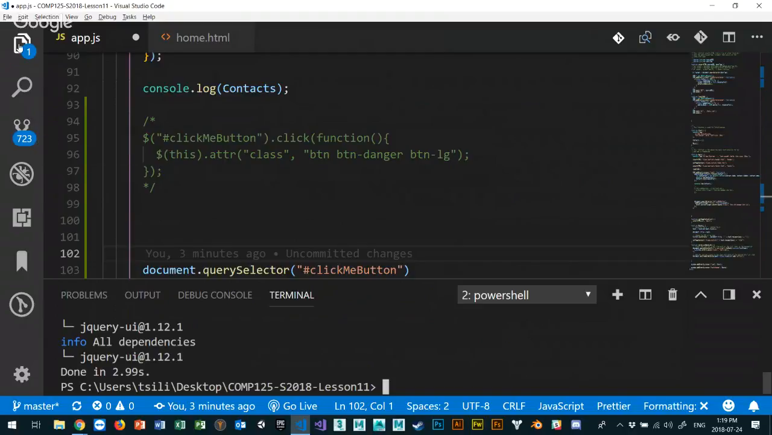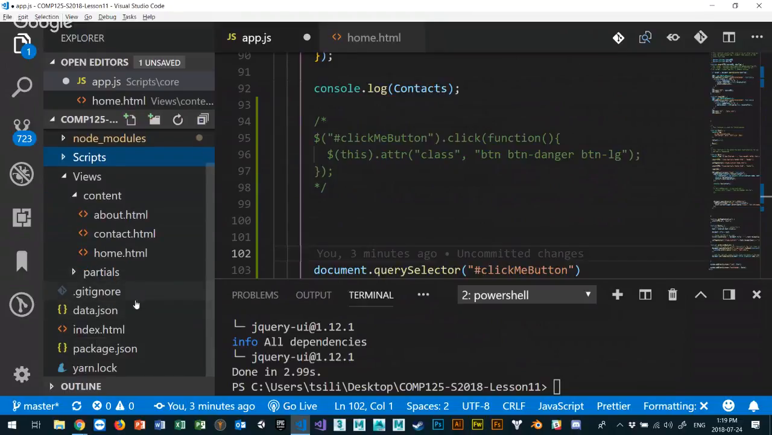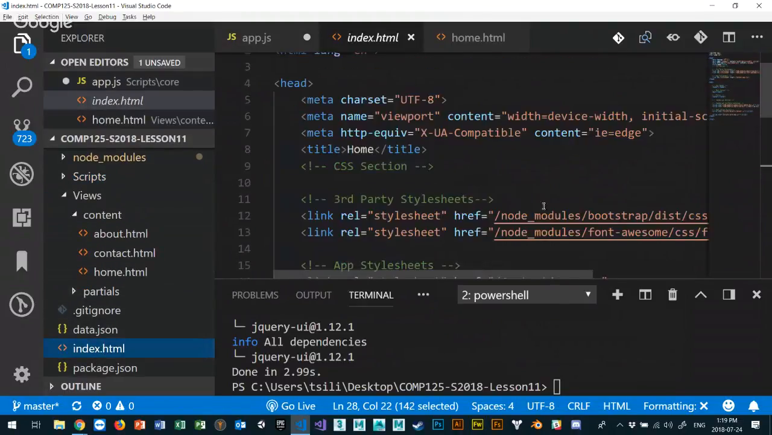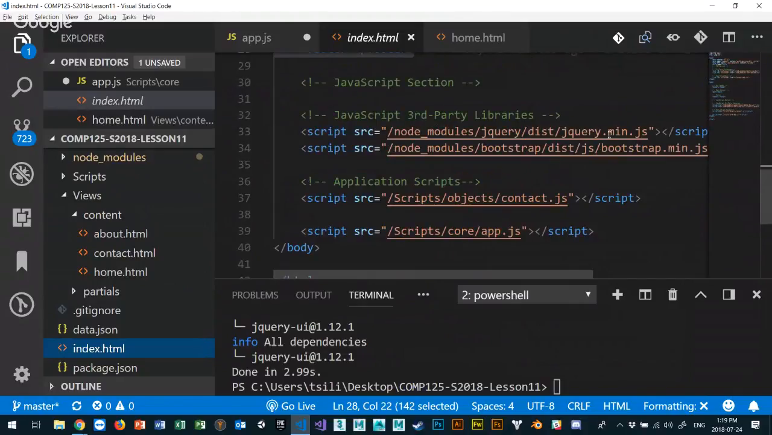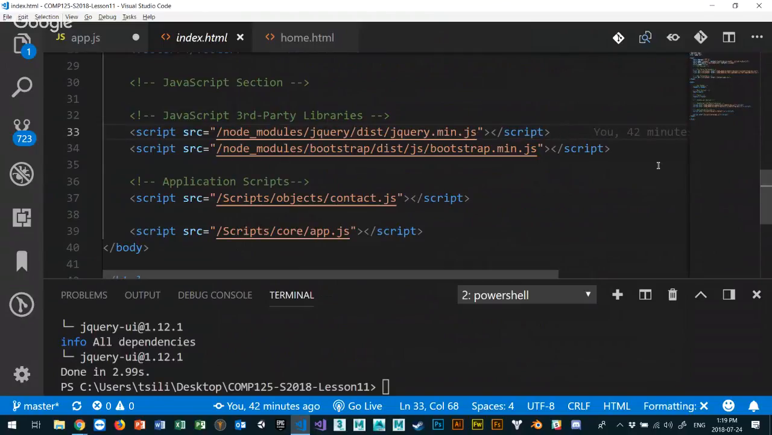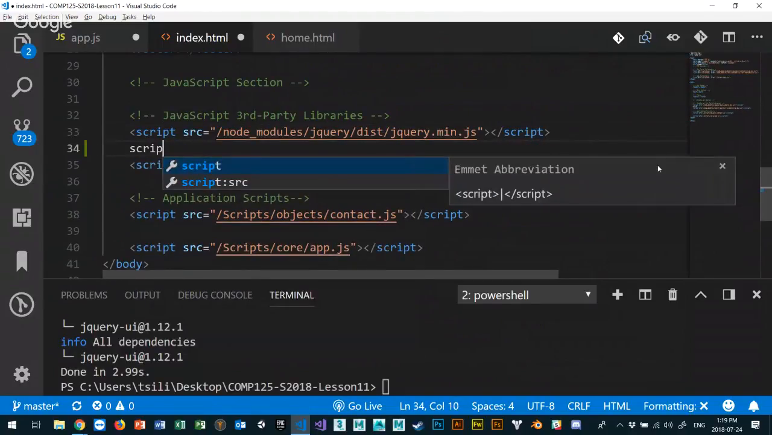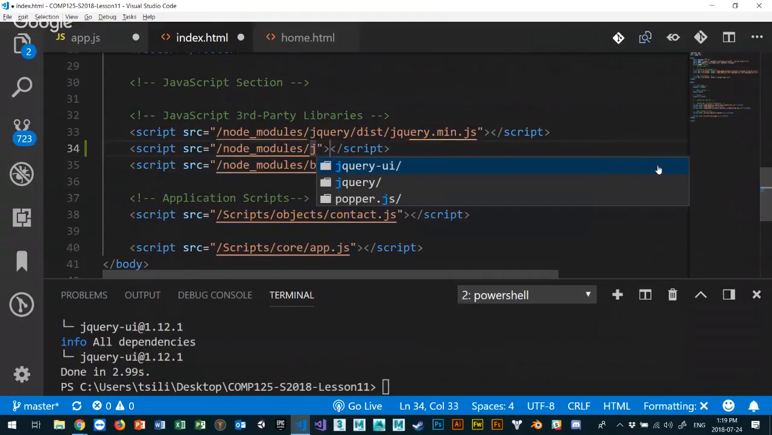So let's look at that. If I go back to my index.html, I have to include it as another library in my library inclusions. So here's my third-party libraries. I add jQuery, and somewhere after jQuery, I need to include jQuery UI, or else it won't work, right? So script, source, node modules, and then I'm going to go to jQuery UI, not jQuery, but jQuery UI,